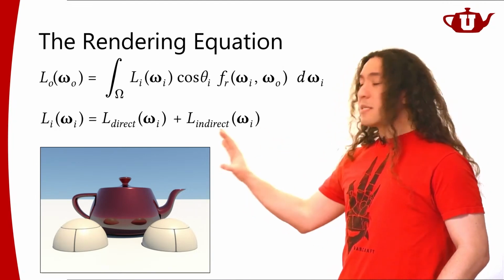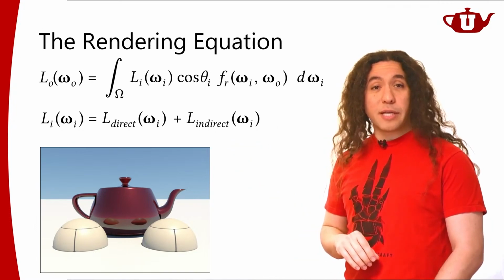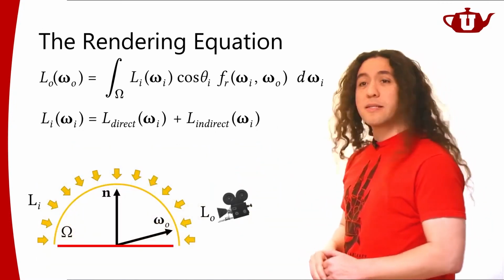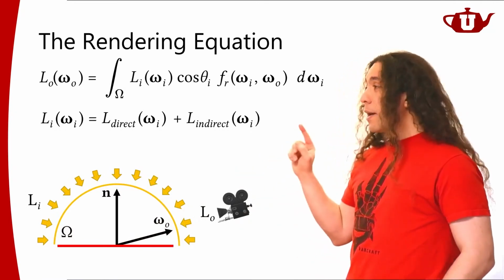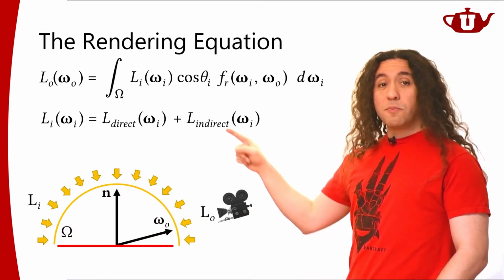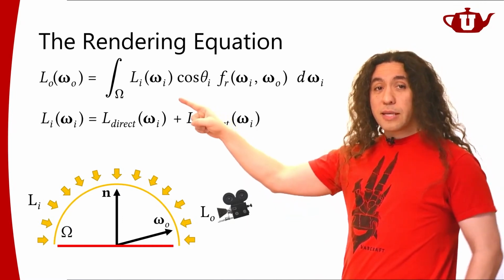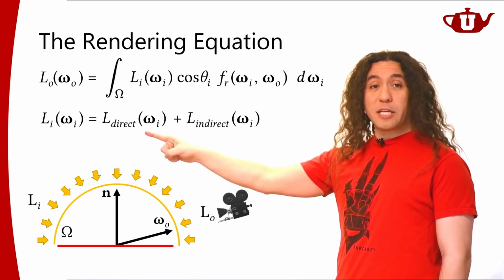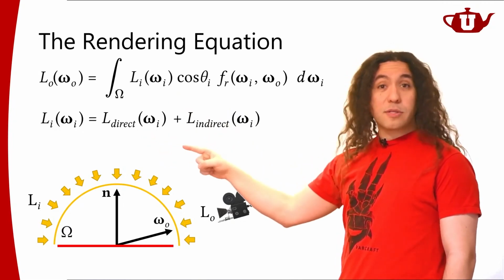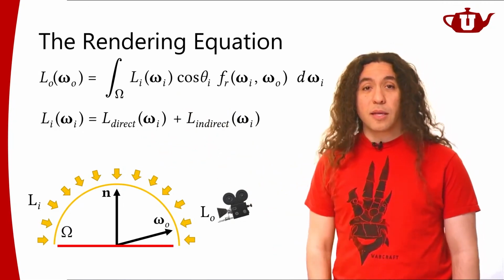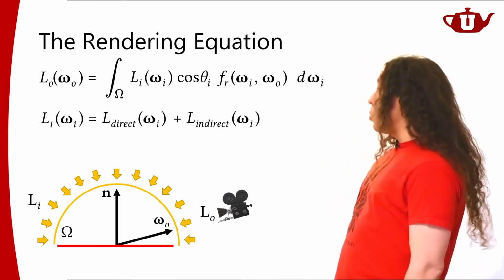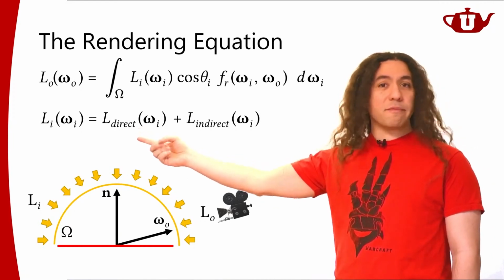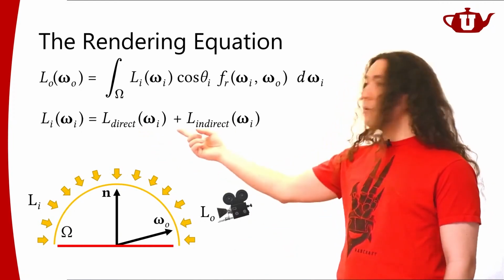But this concept is actually quite a bit more general, right? So let's bring this over to this diagram. What I'm going to do is compute this integral such that the light that's coming will include both the direct illumination from the light sources and indirect illumination. Now, we have been using direct illumination in all of our projects, right? So that part, we know how to do.